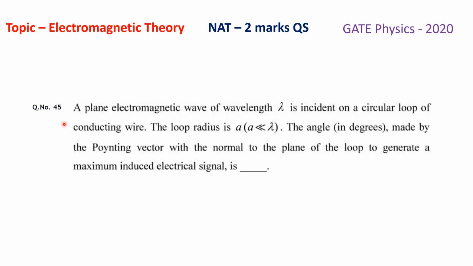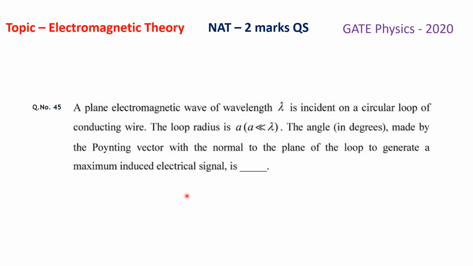The question is, a plane electromagnetic wave of wavelength lambda is incident on a circular loop of conducting wire. The loop radius is small a, where small a is very much less than the wavelength lambda. The angle in degrees made by the Poynting vector with the normal to the plane of the loop to generate